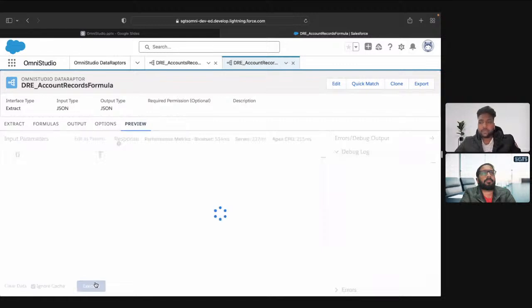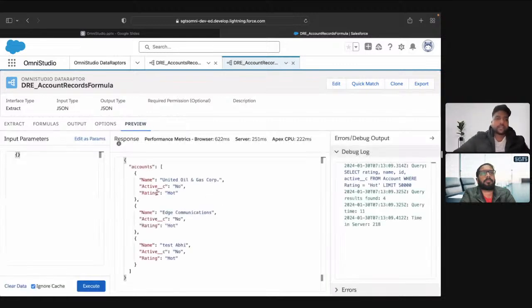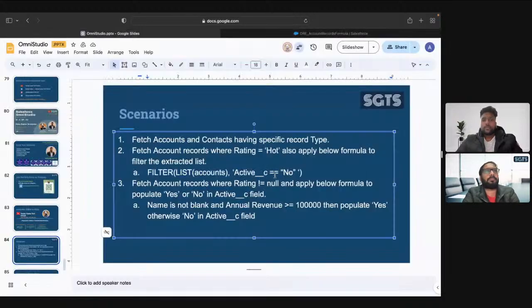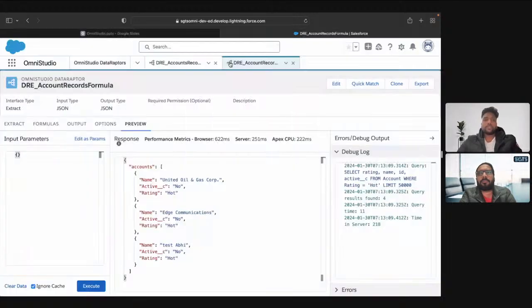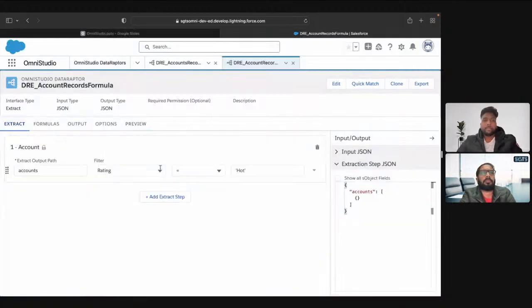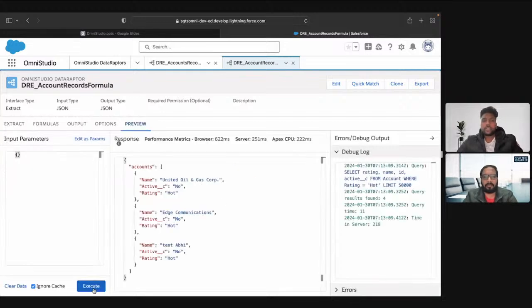And if I go to preview, it is giving me the correct result. Now, according to the question, we want to fetch all the records where rating is not equal to null. So here we're going to say not equals to a blank value. So now it will give me all the results